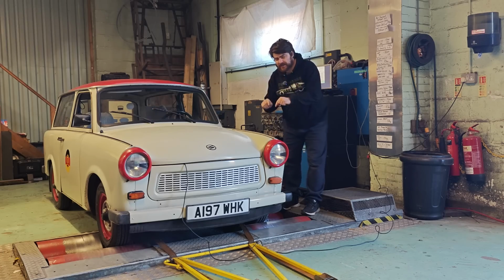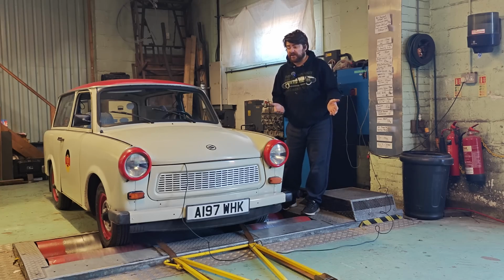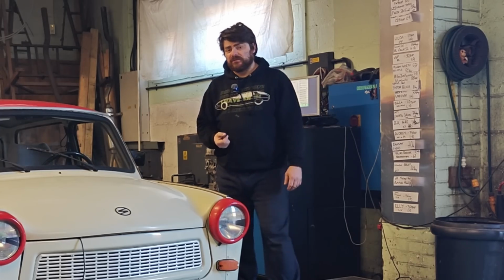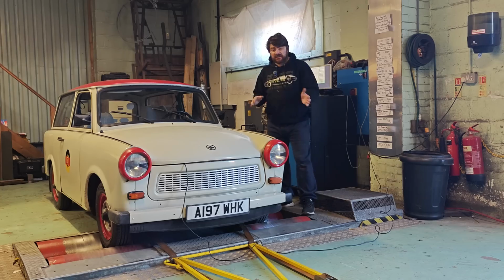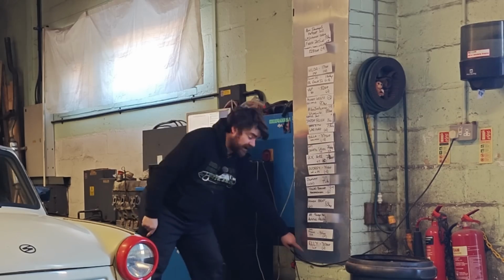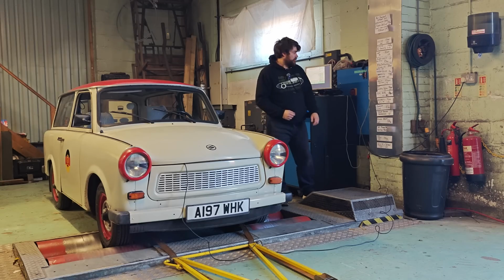That car has done exactly what it's supposed to do. It's supposed to kick out 26 horsepower. It's battered 26 horsepower. Well, it hasn't battered it. It's done one more and then two more and three more, but it's done a bit more. It's basically on this board, we expected it to be down here and it is down here, but it's done what it's expected to do. Not all the cars on there do. There's like